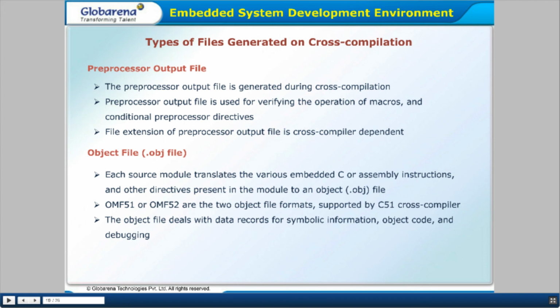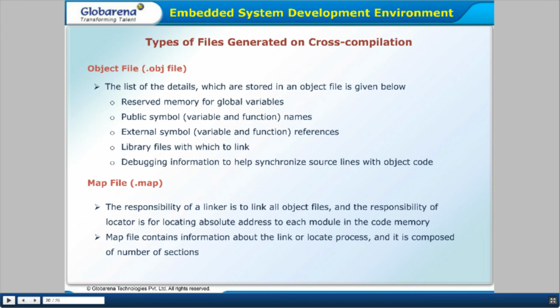These are used with the different data records: symbolic information, object code and debugging. The remaining process can be explained in the next section.